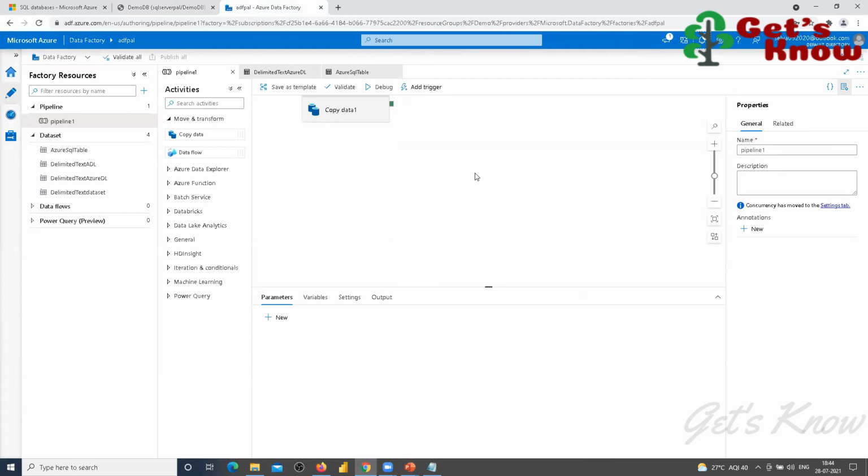So with Azure Data Factory, if you want to move data from Azure to Azure, yes, we can do it. But for Azure to Azure data transformation, we have to use the Azure type integration runtime. Totally we have three types of integration runtime: one is the Azure integration runtime, then the self-hosted integration runtime, and the third one is the Azure SSIS integration runtime. We have used these two, Azure and self-hosted.